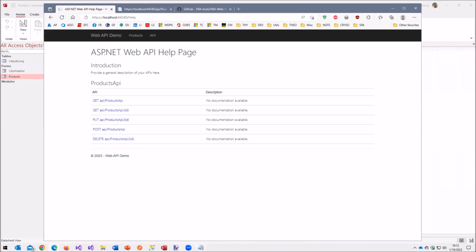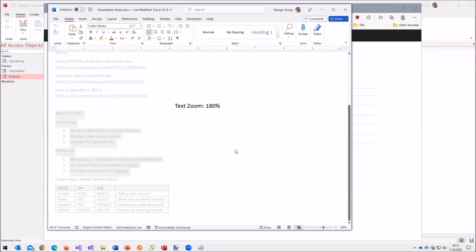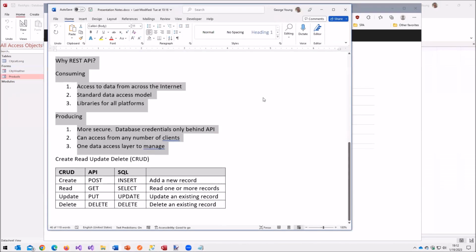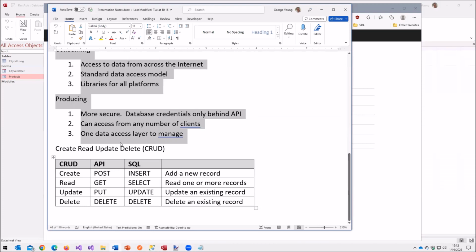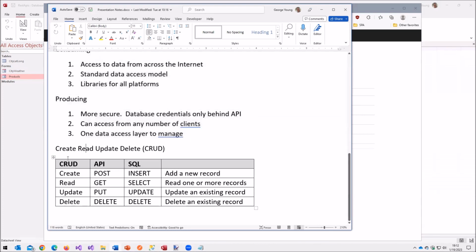And I have a document, and I should have got this into the slide deck, and I apologize if I didn't, but let me just bring this up so you can see this. So this is a mapping of CRUD to what it looks like in SQL to what it looks like in an API. So when you create something, that's an insert, a new record.